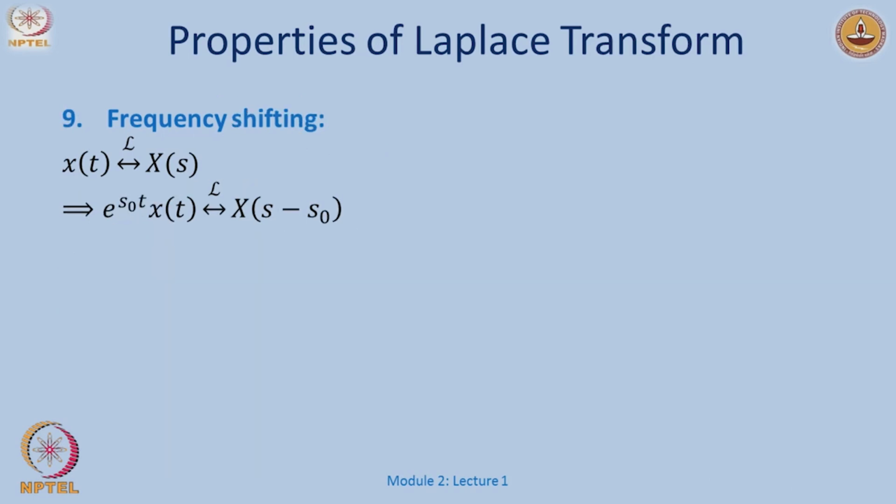So, if I have again a signal x of t with the equivalent Laplace transform x of s, and I multiply this signal with e power s naught t, it would just amount to substituting s in the original Laplace transform of the signal with s minus s naught. Okay. So, let us say I want to do something like this: my original signal is sine of a t, and I multiply it by e power a t. Okay. So, this would simply be,